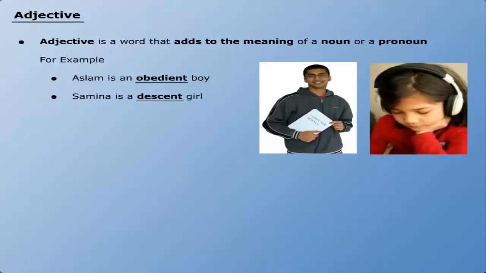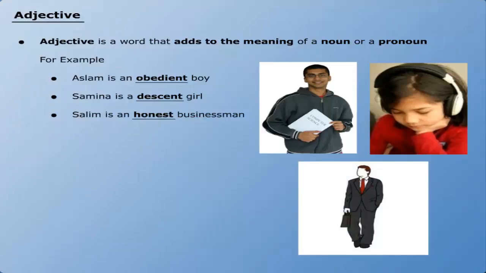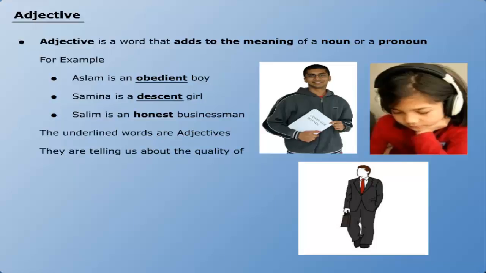Samina is a decent girl. Salim is an honest businessman. In the above sentences, the underlined words are adjectives, as they are telling us about the quality of boy, girl,